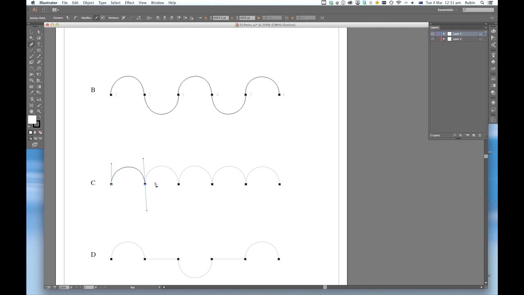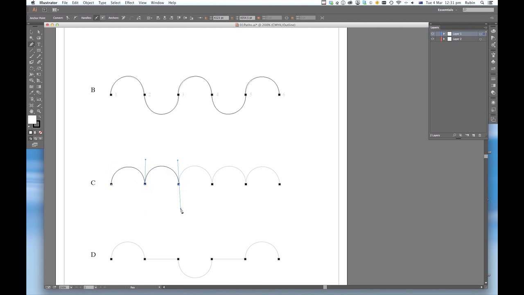And the way I do that is to hold down the Alt key on a PC or the Option key on a Mac, bring my pointer right on top of that anchor point, and you can see when it's on top of the anchor point by the inverted V that sits right next to my nib. And then I click and drag in the direction I want my next curve to go. I then release my Alt or Option key, come to the next point along, and click and drag in the